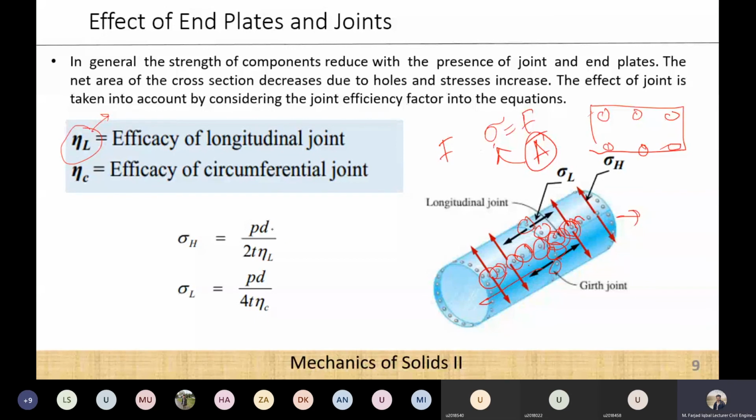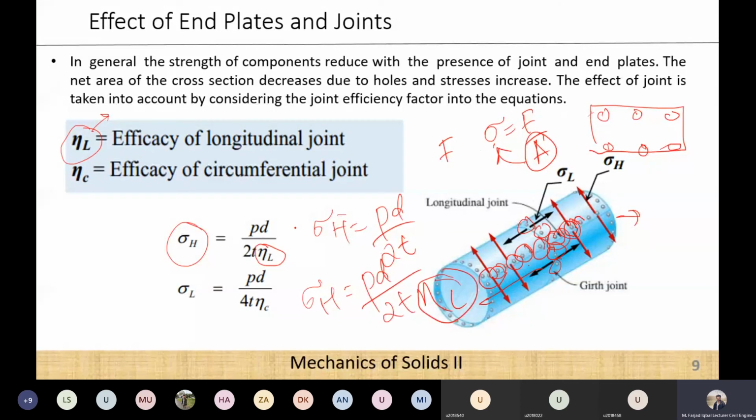So this was our original relationship when there is no joint in the cylindrical shape. So when there are joints provided in the cylindrical shape, we have to increase this stress. This stress won't be this one. So by which factor will this stress increase? It will increase by this factor NL in the longitudinal direction, because hoop stresses are,